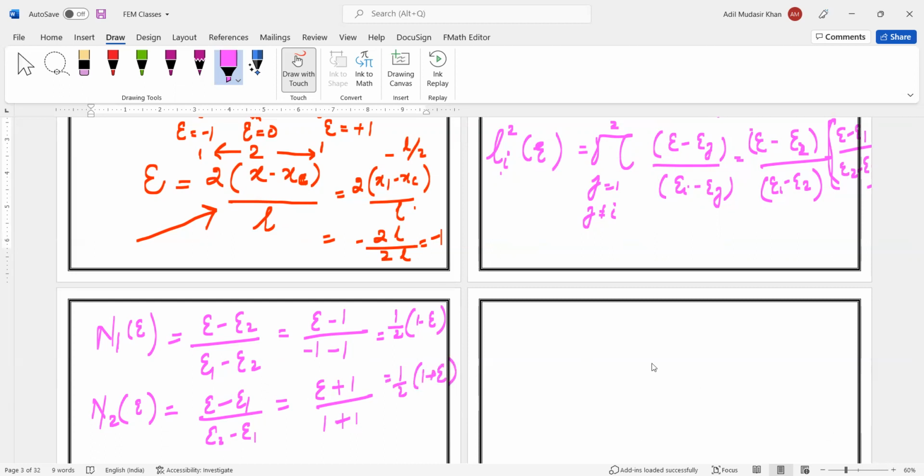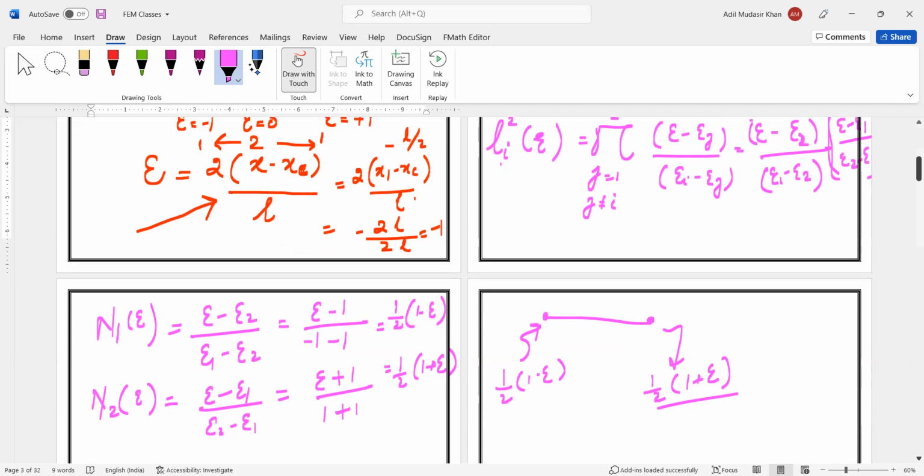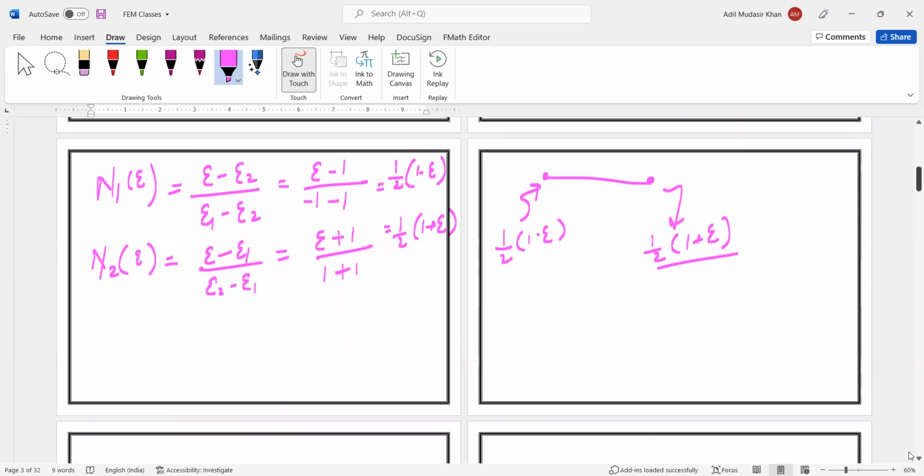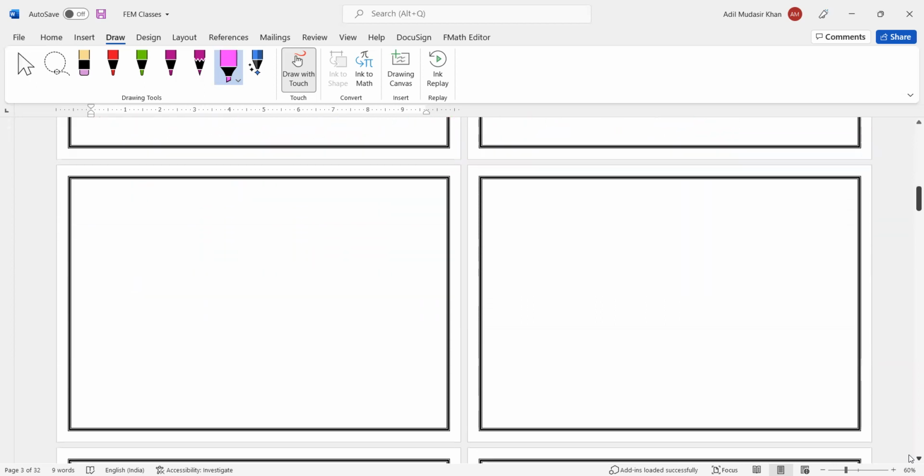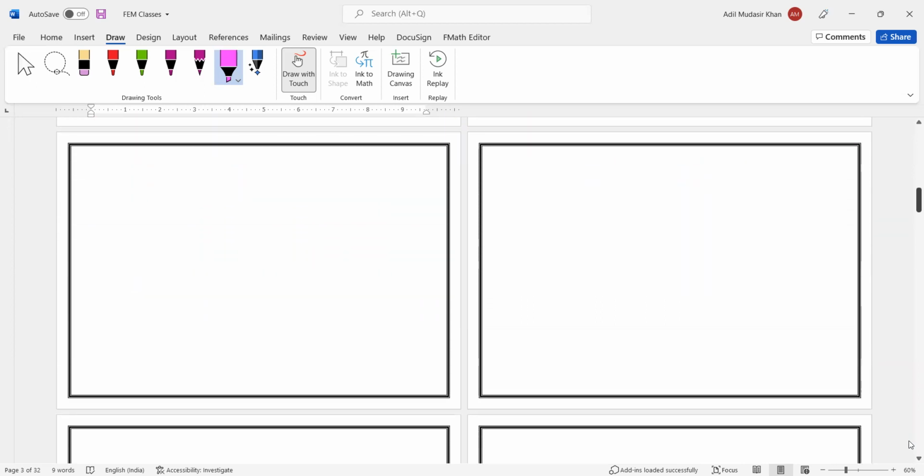Okay, so if we write the two-noded element in terms of zeta, then the shape function here will be n1, that is 1 by 2 (1 minus zeta), and n2 will be 1 by 2 into (1 plus zeta). This is if we write these shape functions in terms of the natural coordinate system. Now if we have a three-noded element, that is called a three-noded quadratic element. If we take a three-noded quadratic element into consideration,